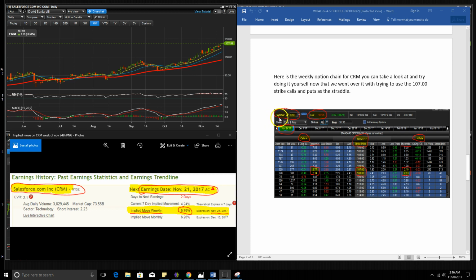So you could do that. You could pause it, go over that. And if you want me to go over it with you, I will. But what it's going to cost you is, you can see here theoretically, the 107 strike call is going